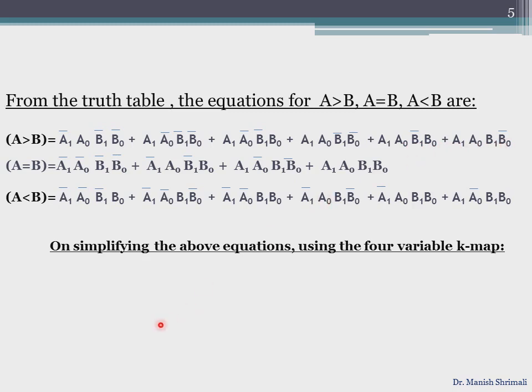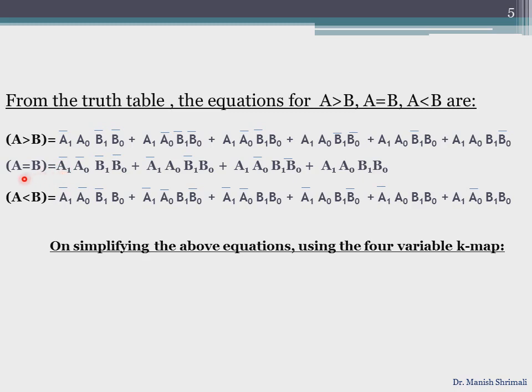I am reading this for you in case there is some confusion in the complements being written, that is why I am reading this out for you. Otherwise it is very clear as you can see, but let me read it out so that any confusion regarding the complements or the bar that are written does not remain.